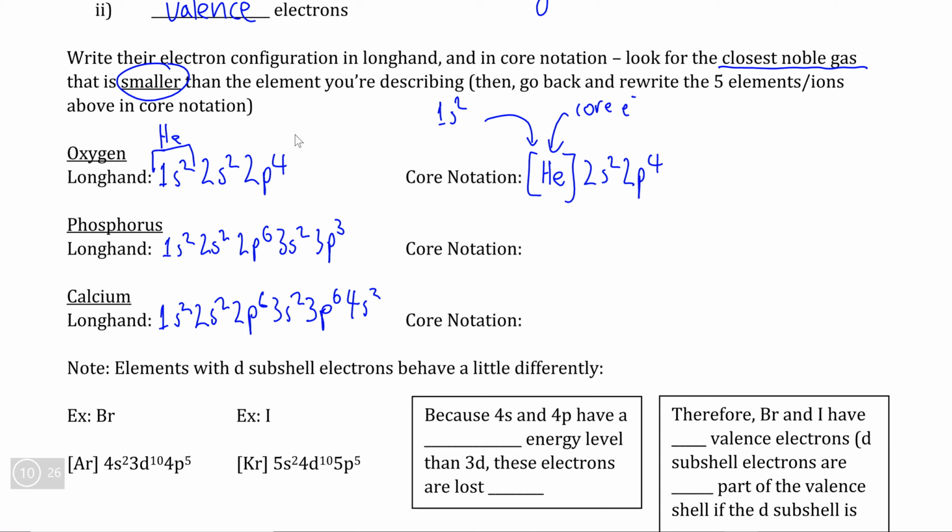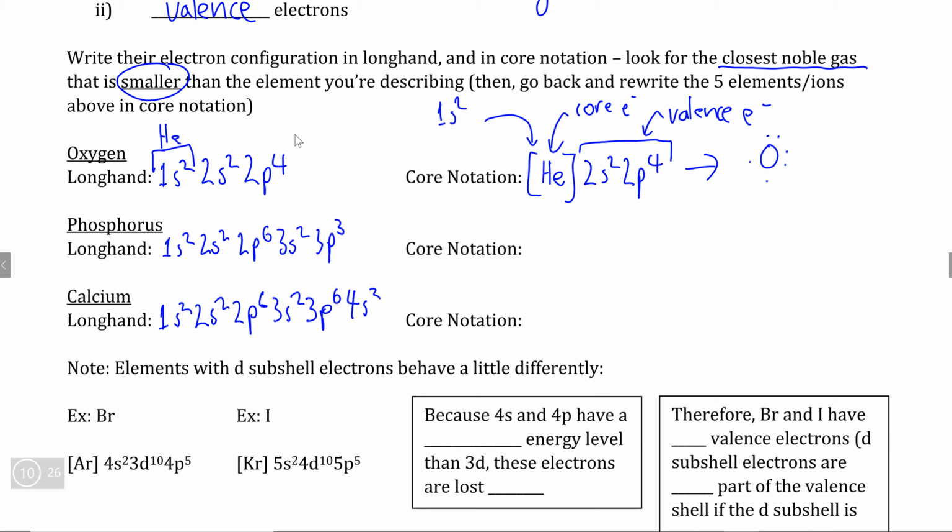These are the ones underneath the valence shell, and the 2s2, 2p4, these are the valence electrons because they're on the outside. Now if you use your periodic table, you remember that oxygen has 6 valence electrons, and if we look at our valence electrons here, 2s2, 2p4, 6, it matches the Lewis structure,